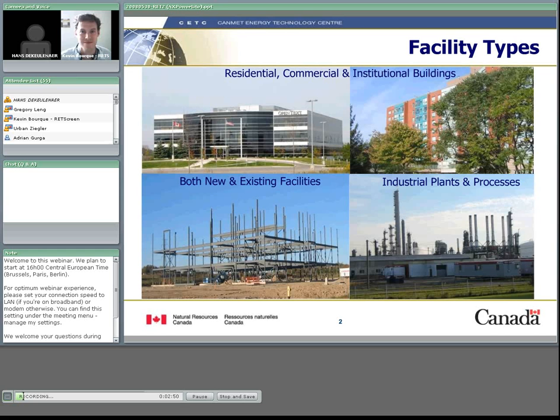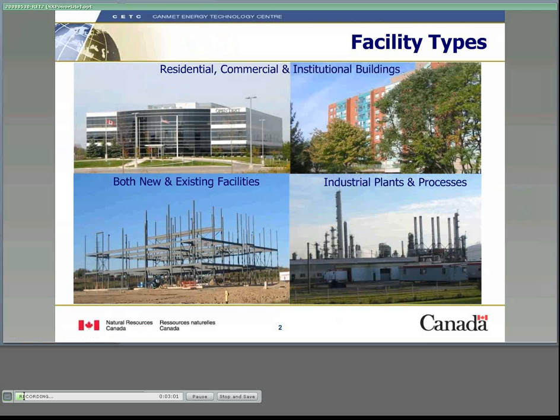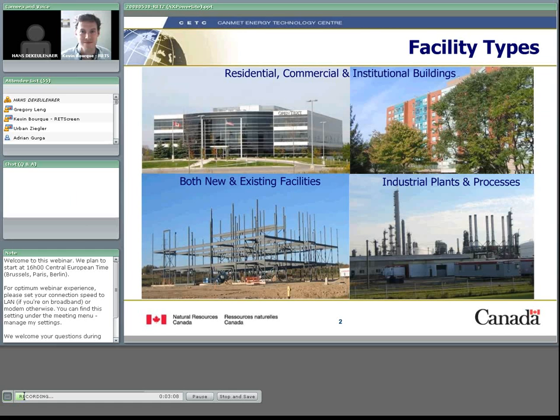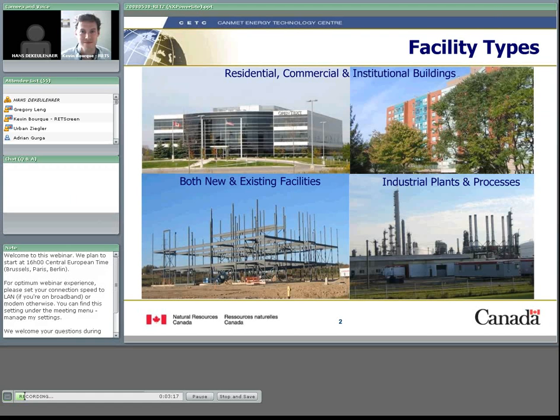So in the RETScreen version 4 energy efficiency model, we can model a whole variety of buildings. We can do residential, commercial, institutional buildings. So it can be single family homes, multi-unit apartment buildings, hospitals, schools. We can look at both new and existing facilities. We can also look at industrial plants or processes. So we can look at the whole plant, or we can look at just part of the plant, one process